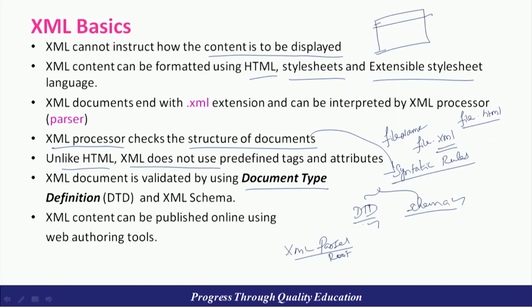So these are the rules that we will discuss in the forthcoming lectures. So initially I can say the XML parser checks the format, the syntax of an XML document, but DTD and schema